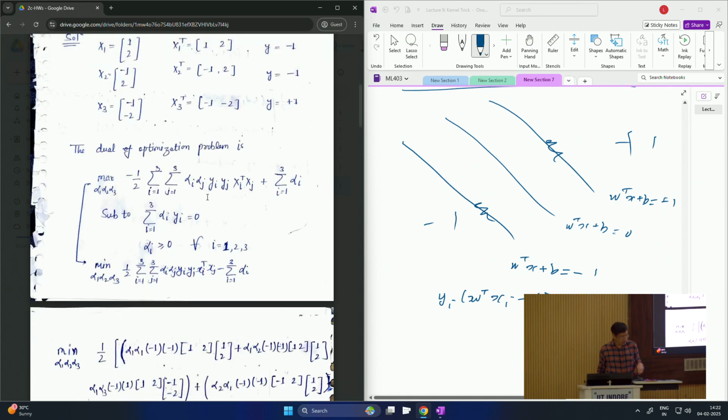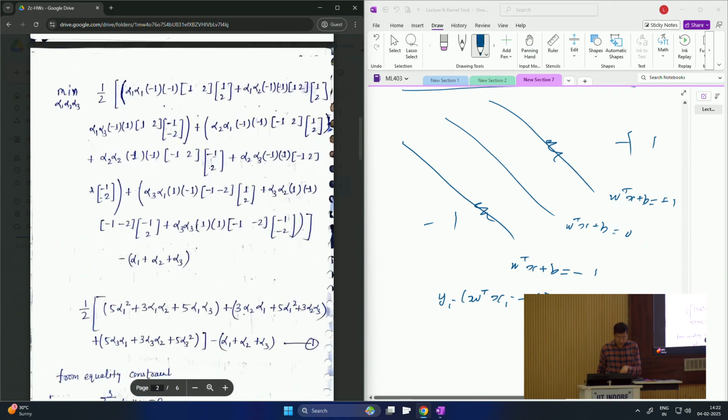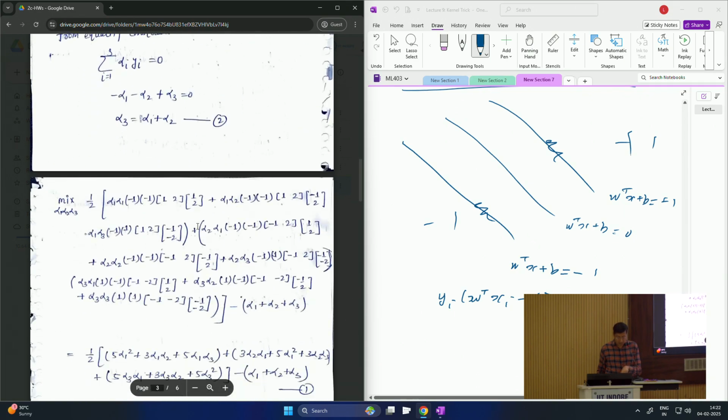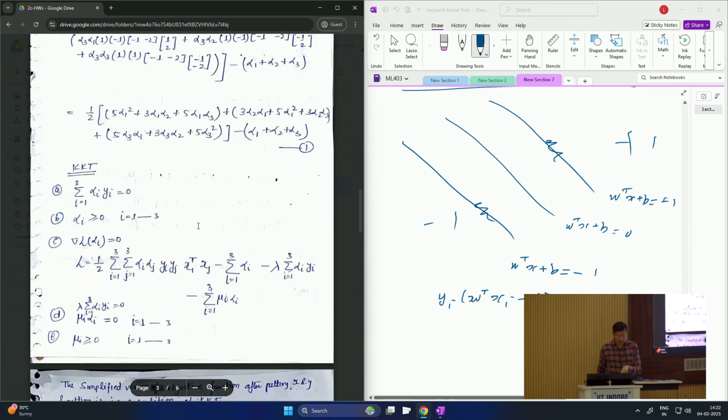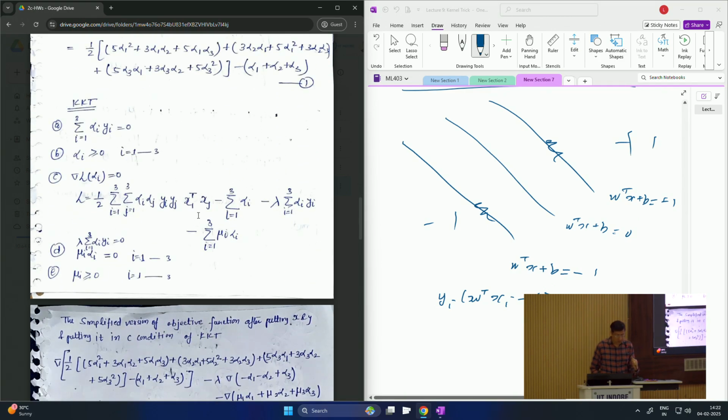So now the same problem, the data points are the same. If we have to do the KKT conditions, okay, we have time. So we wrote it as a dual problem, correct? We wrote the objective function, but now what we'll do is we'll write the KKT conditions. Okay, so what are the KKT conditions? Can somebody come with me and guide me? First is equality constraint, correct? Second is the inequality, third is the Lagrange multiplier, correct? So now we have, this is the objective function